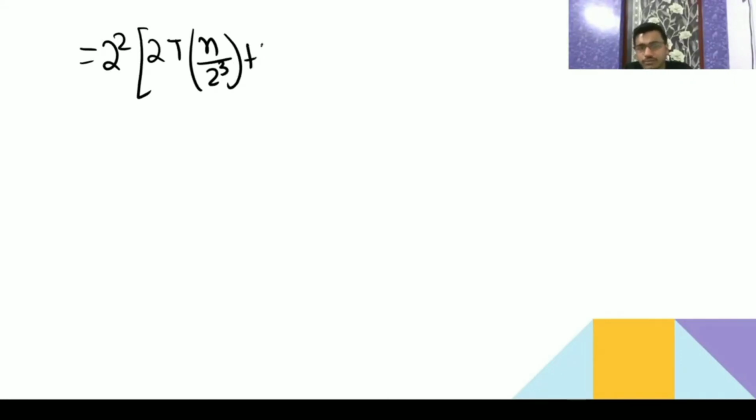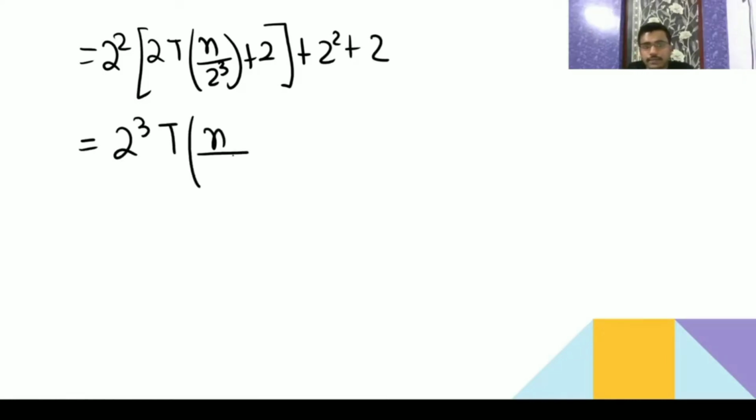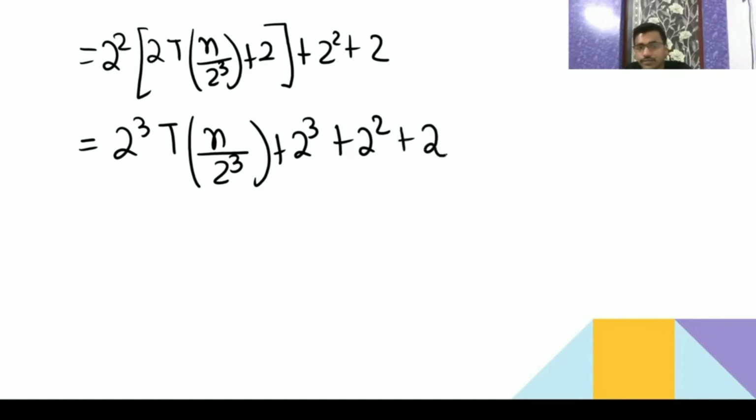We got 2 square, so 2T(n/2 cube) plus 2 plus 2, and already I'm having 2 square plus 2. You are going to get 2 to the power 3 T(n/2 to the power 3) plus 2 to the power 3 plus 2 square. See, 2 square into 2 is going to be 2 to the power 3, then 2 square.